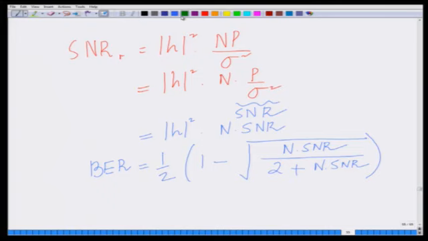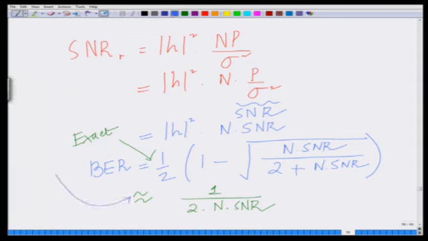This expression is the exact expression, and approximately, as we have seen at high SNR, this is 1 divided by 2 times n times SNR. I have to replace SNR in the previous expression by n times SNR, and this is the approximate